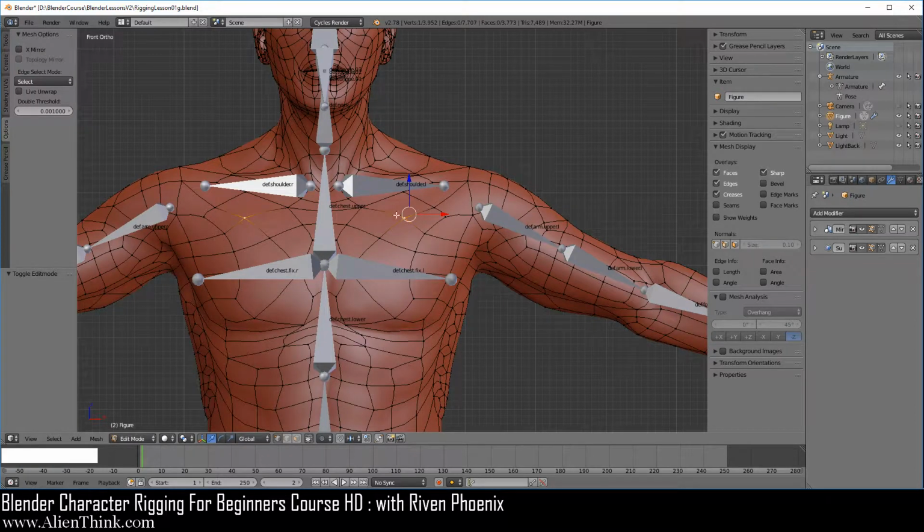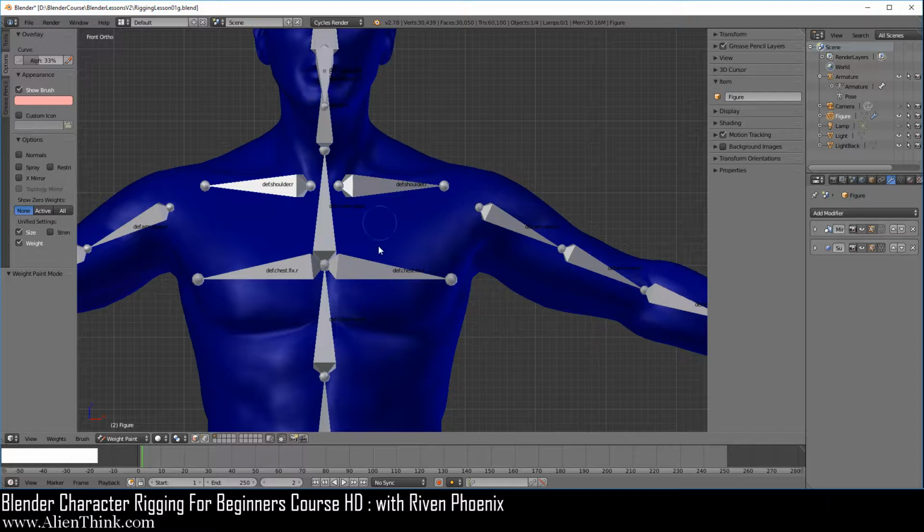Now, you can see that the figure can be in object mode and edit mode. Edit mode is where we get to move the vertices, faces, and edges. Now there's another mode here that we're going to take a look at later, which has to do with weight paint. This has to do with rigging and controlling how the vertices get influenced by different bones. Go ahead and click it. You'll see that the figure is going to turn blue. So we're not going to do anything with this mode right now. I just want you to know that it's going to be object, edit, and weight paint.